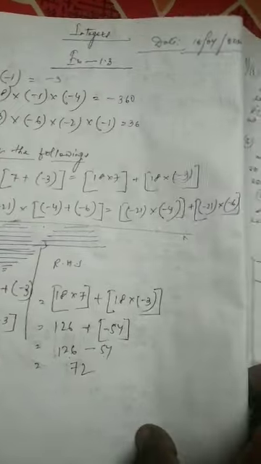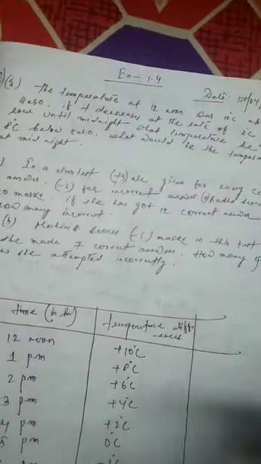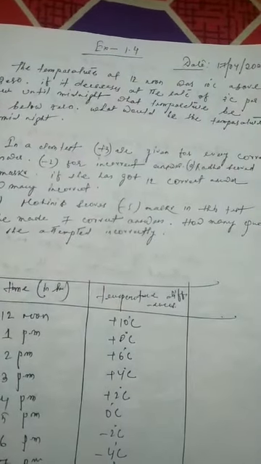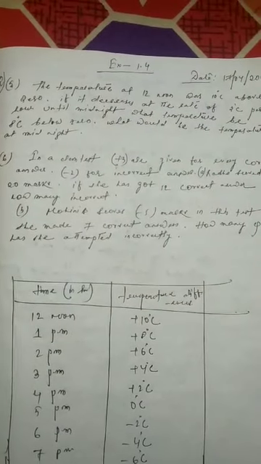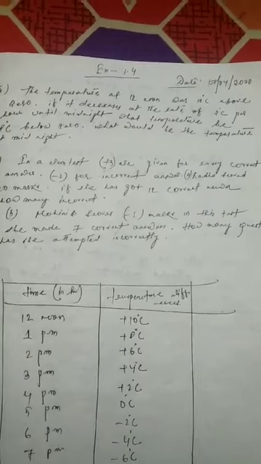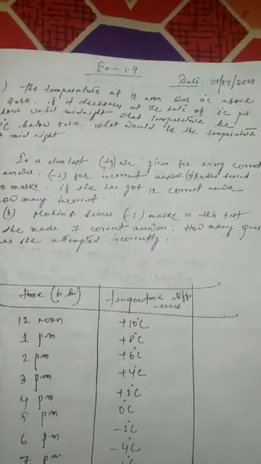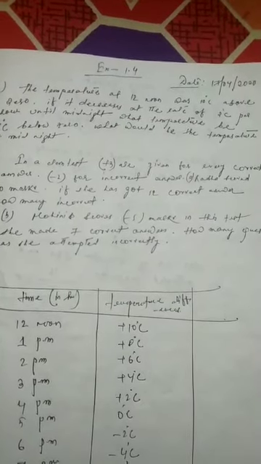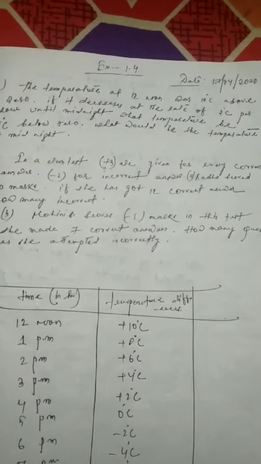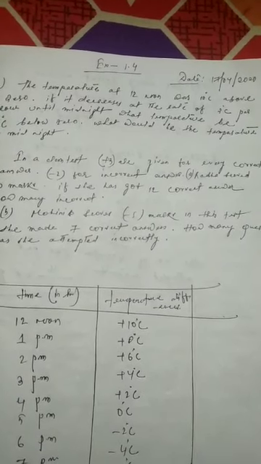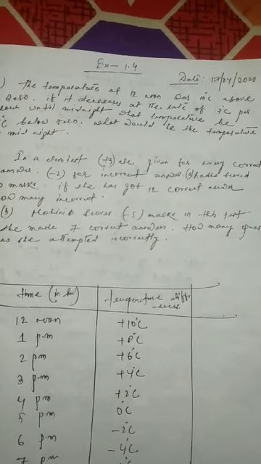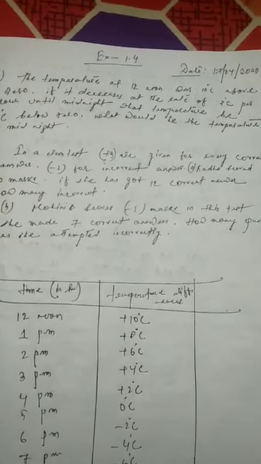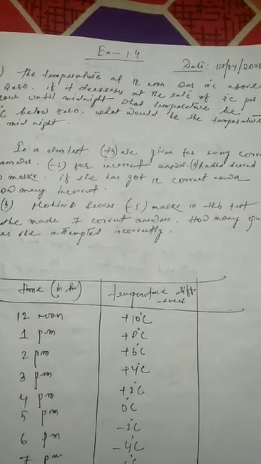So it has got one more part. The next part is: Mohini scores minus 5 marks in this test. She made 7 correct answers. How many questions did she attempt incorrect? Achha. If she has made 7 correct answers, she was supposed to get how much? 3 7s are 21, but she actually got how much? Minus 5. That means we have to subtract 21 minus 5.